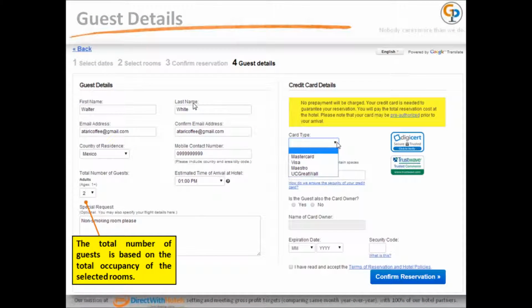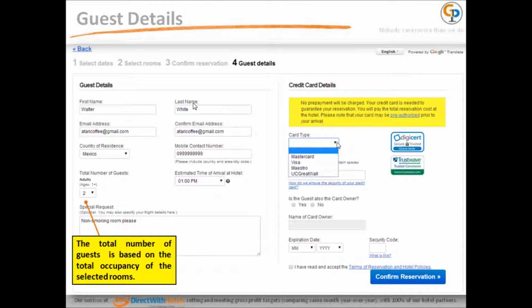After the guest confirms the summary of the reservation details, which includes the arrival and departure details, they can now proceed to the step of the booking process wherein they will be required to fill out their guest details. Guest details. This is the part where the guest will have to fill out information needed for the reservation.